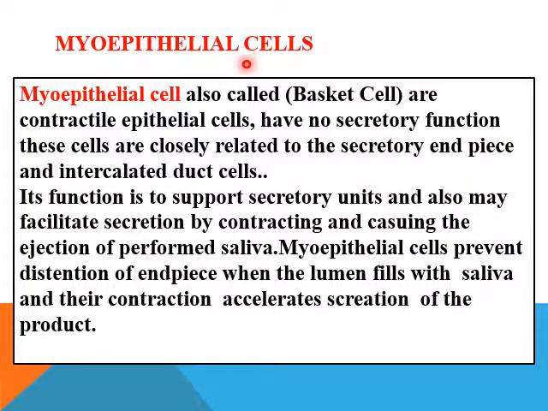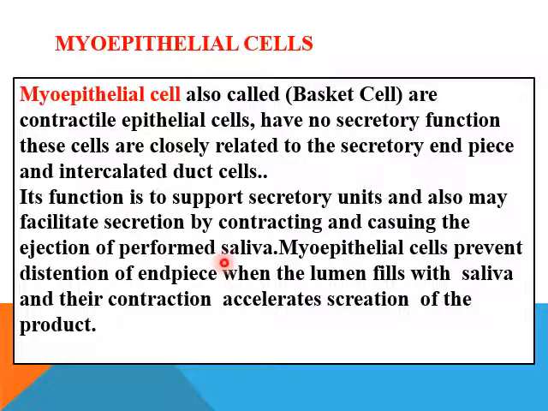Myoepithelial cells. This is not a secretory endpiece. The function of these cells is the contraction of acini. Also called basket cells, they are contractile epithelial cells and have no secretory function. These cells are closely related to the secretory endpiece and intercalated duct cells. Their function is to support the secretory unit and also may facilitate secretion by contracting and causing the ejection of preformed